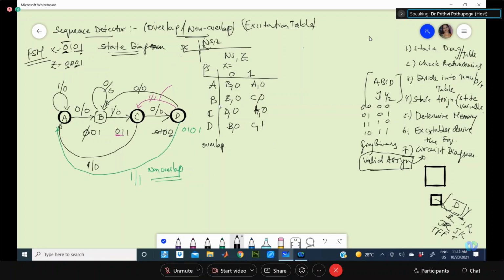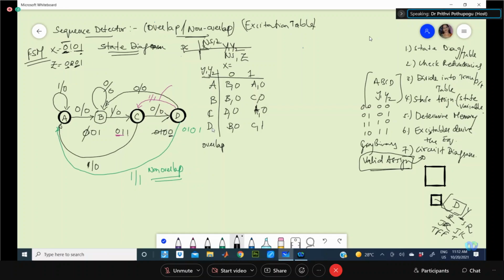Okay. Now, here, what is the next step? We need to give the assignment, assigning the variables. How many number of states are there? Based on that, we decide how many number of state variables are needed. So here we need 2. So y1, y2, whichever order you are taking, the same order you have to consider here also, y1, y2. This is your state assignment, assigning the states with the number of state variables according to the number of states